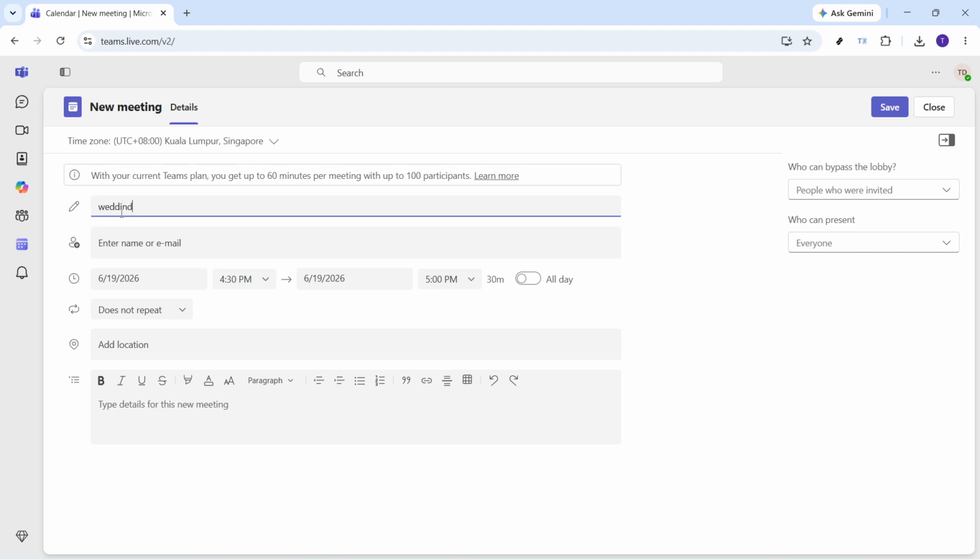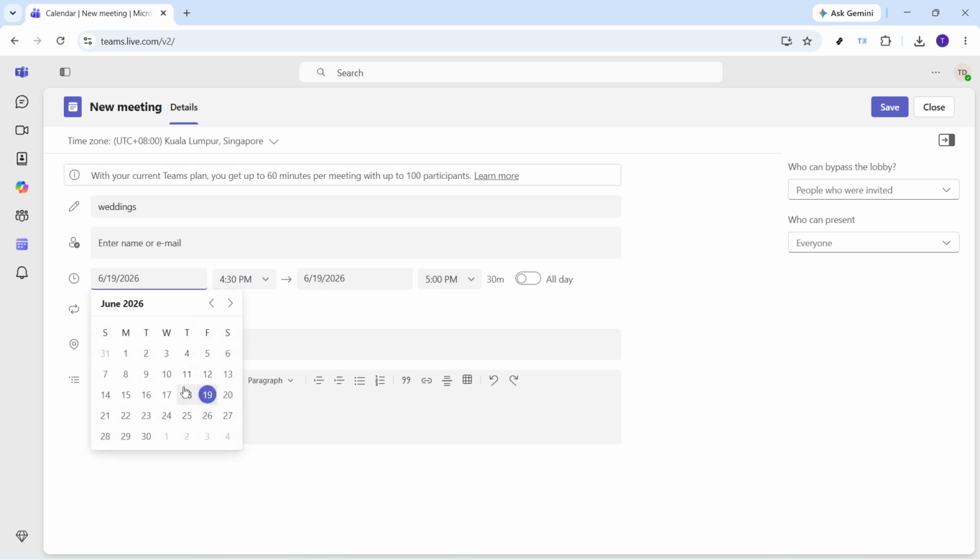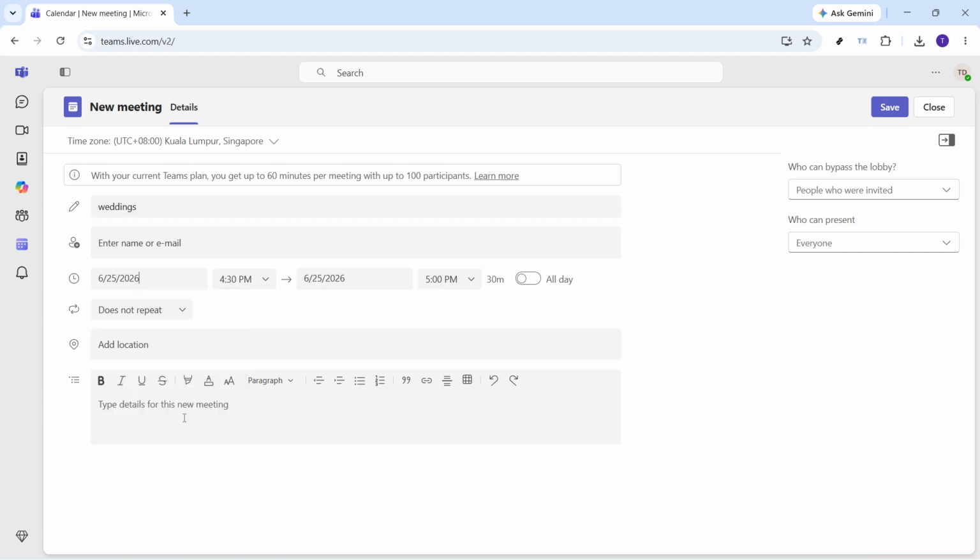Next, enter the meeting details. Add the information you need, such as the meeting title, date, time, and the participants you want to invite. Take a moment here to make sure everything is correct, because these details will be included in the invitation. It's always a good idea to review the invite list before moving on, especially if lobby behavior will depend on